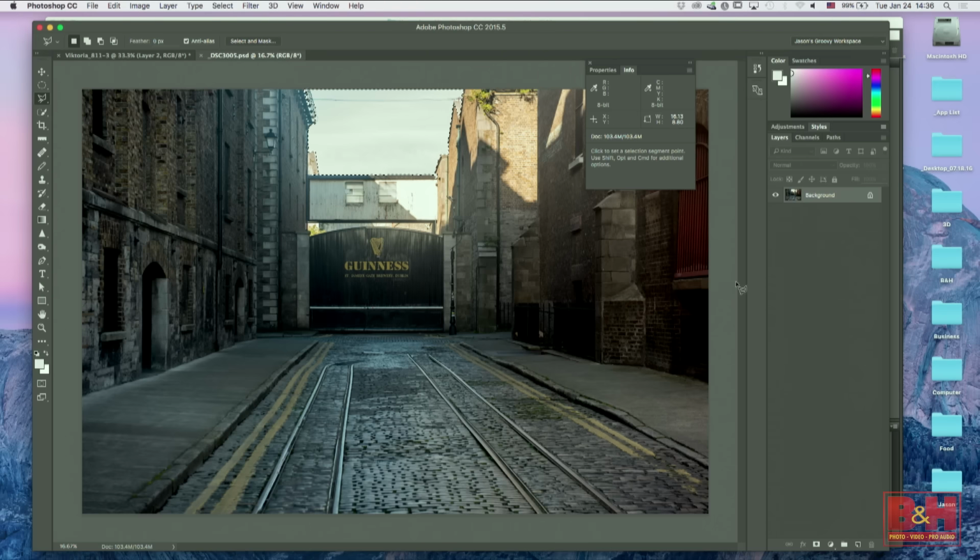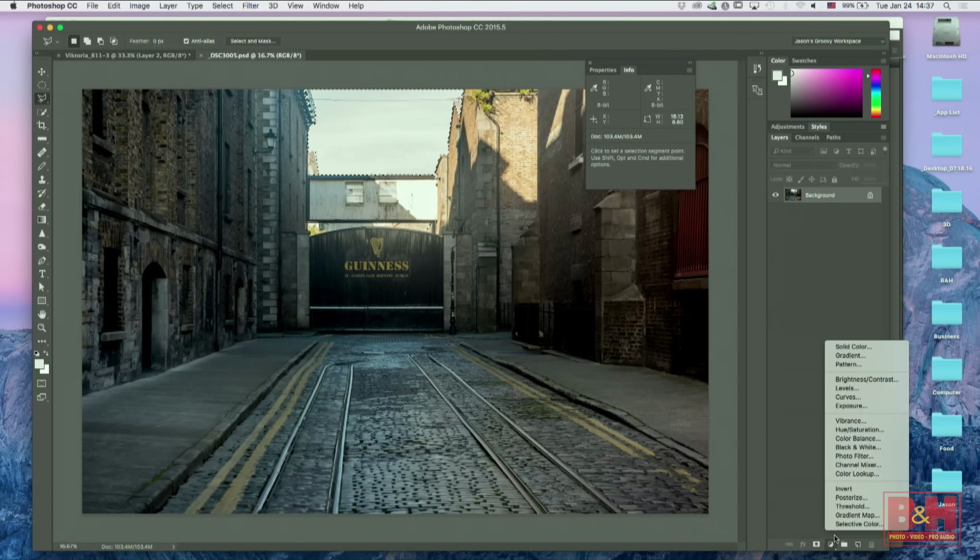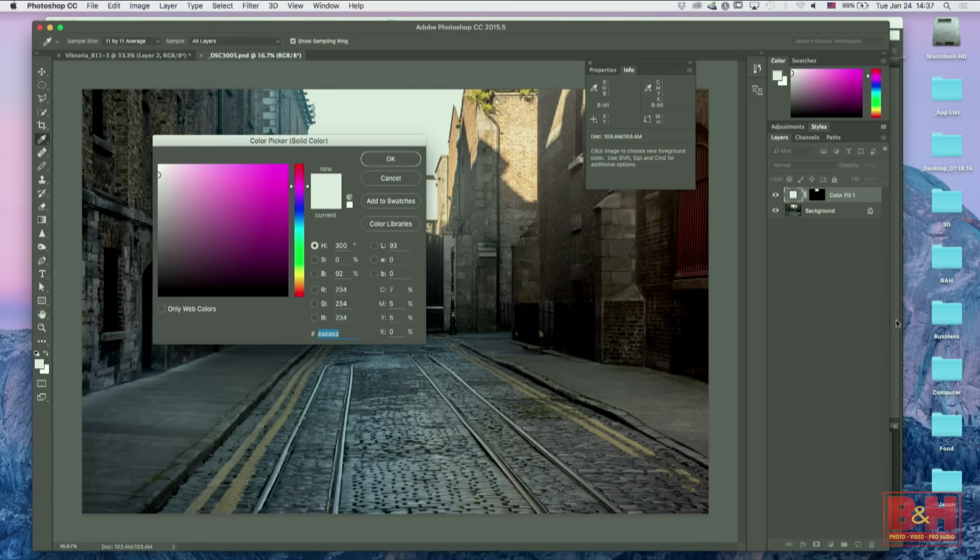So do we want like a deep blue sky? Do we want a light blue sky? What do we want here? How about medium? Medium is good. So let's go to our adjustment layers, dark side of the moon icon, and let's put in a solid color. Okay, let's pick a medium blue. Somewhere around,